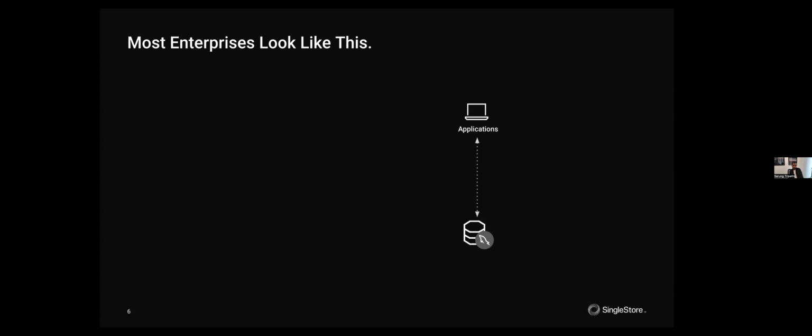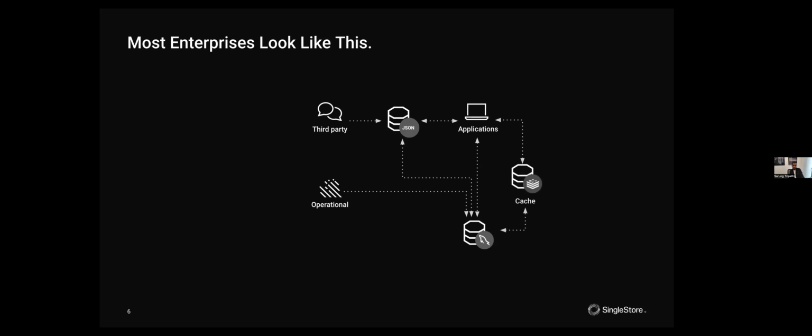Now, if we look at how we see our customers actually build these analytical applications, AI applications, it typically starts with an open source database, and you have operational streams of data into that open source database. And then perhaps you have some third-party data or just unstructured data into a JSON database, and you have just a little bit of complexity, but it's still okay. And then, of course, you need to speed up your application so you have a cache. And then perhaps you want to add new features, so you're adding a search capability onto that.